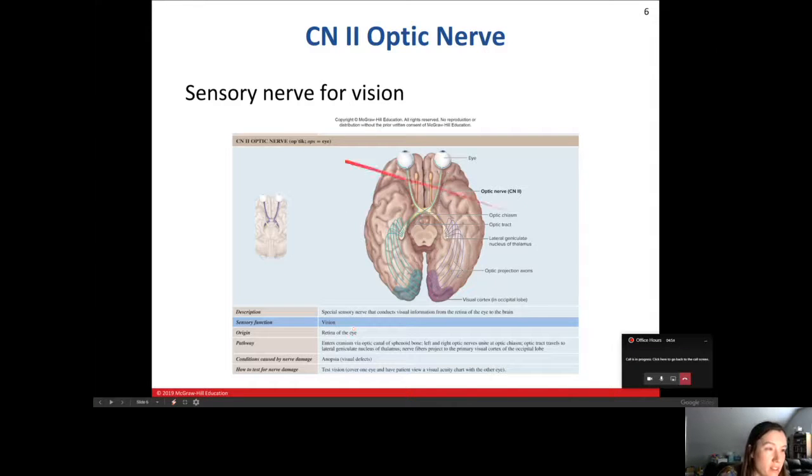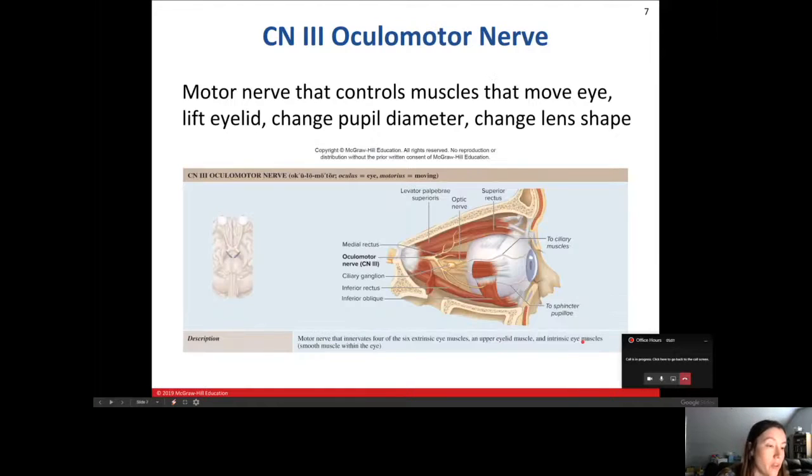These slides and these tables in your book have a little bit more information than you need to memorize, but go through them. So cranial nerve 3 is the oculomotor nerve. So oculo is eye, motor means motor to the eye. So it is motor to the eye. It controls most of the muscles that move the eye, lift the eyelid, change the pupil diameter, change the lens shape. And so it innervates 4 of the 6 extrinsic eye muscles,